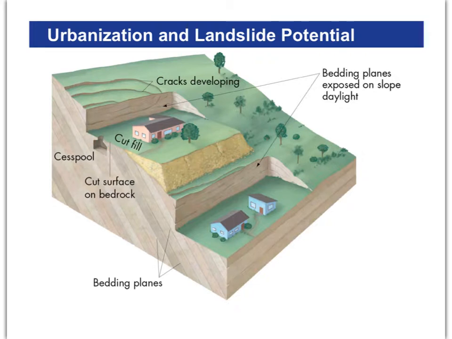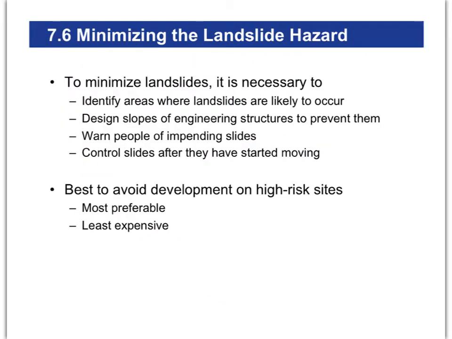Whenever you deal with cesspools or underground drainage, that interrupts the flow of water underground. And even this lighter material right here would be fill. They want to build their yard out, so they just put a bunch of stuff and build it up on the side of the mountain. This really creates a hazard for the people that live below. So all these processes are different things that people do to increase the potential for landslides.